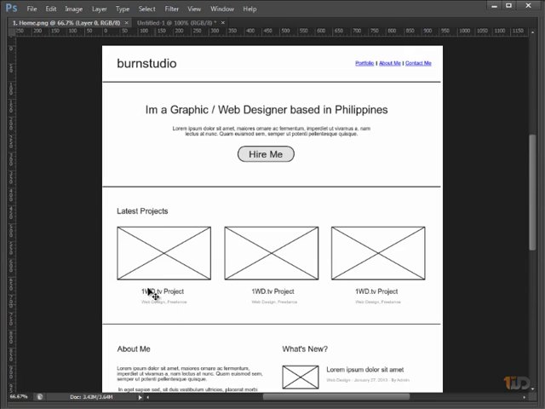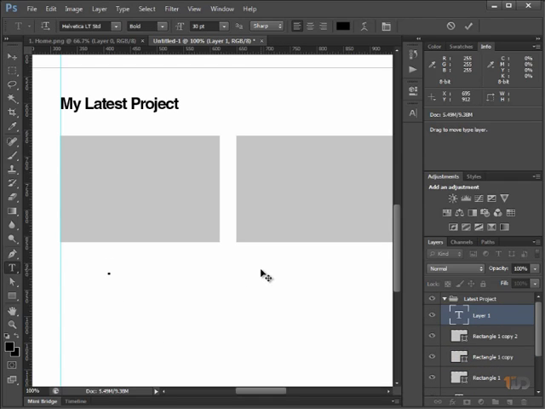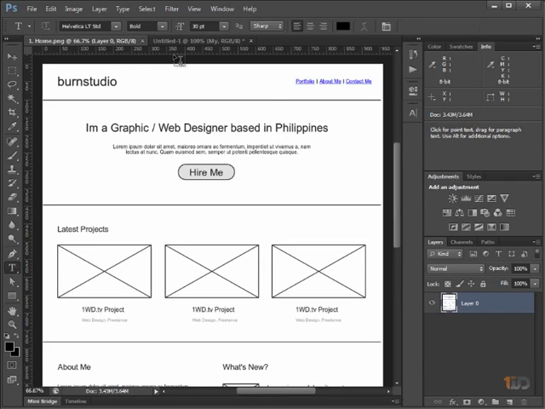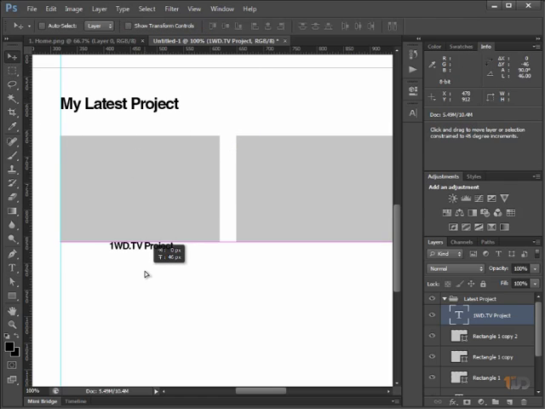Next, let's add this text. So for each image, let's say my first WD.TV project, and change the size to 18 pixels. Make sure it is aligned center like that, and place it 20 pixels from the top. 1 2,